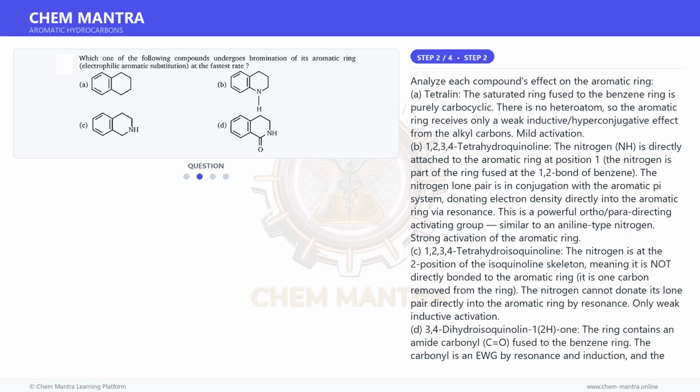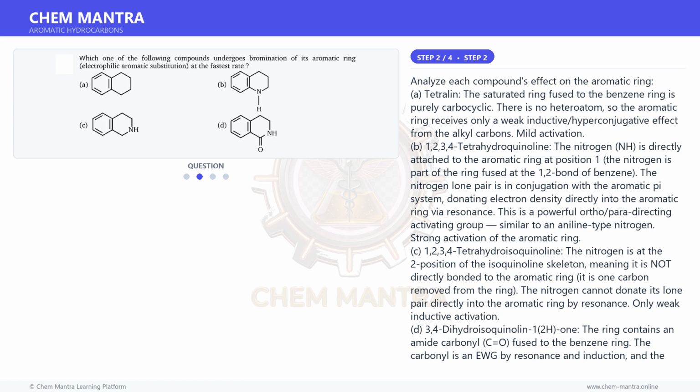Moving on to the next step. Analyze each compound's effect on the aromatic ring. A. Tetralin, the saturated ring fused to the benzene ring is purely carbocyclic. There is no heteroatom, so the aromatic ring receives only a weak inductive hyperconjugative effect from the alkyl carbons. Mild activation. B. 1,2,3,4-tetrahydroquinoline, the nitrogen, NH, is directly attached to the aromatic ring at position